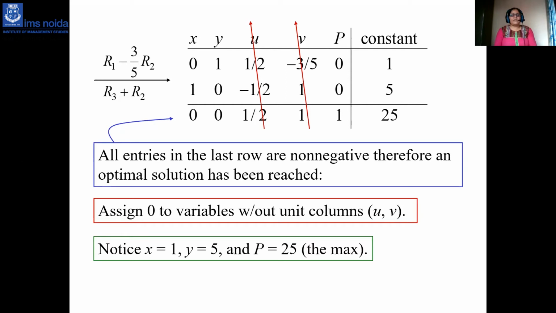I hope you can now practice a number of problems. You can apply the same method to problems with 3 constraints, 3 equations or more, so that you introduce many slack variables u, v, w, or s1, s2, s3 generally. Then you apply the coefficients. Find the pivot row, pivot column and key element, and go through the steps properly. It is a very attractive and very popular method to apply in any optimization formula.